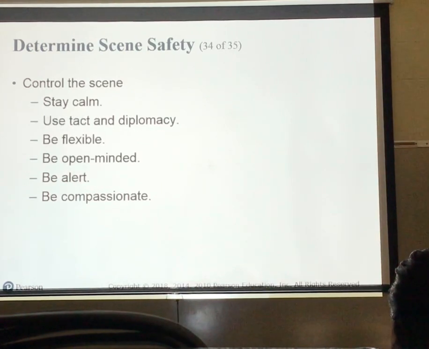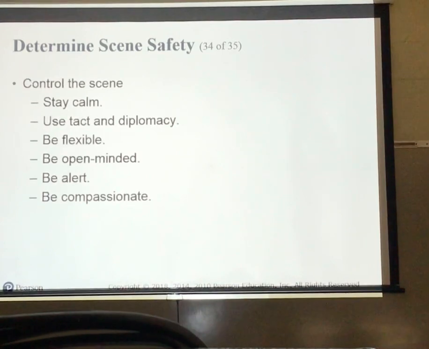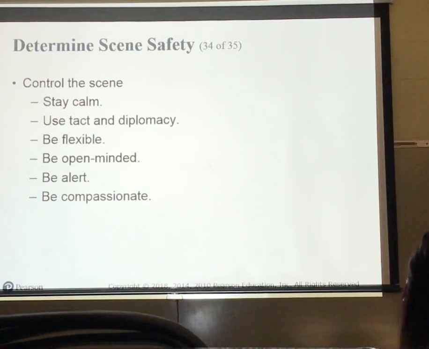Pre-hospital care involves working with people of a variety of ages, races, religions, or backgrounds. Many people have ways of life quite different to yours. Some of them are ways that you wouldn't choose to follow. Not only do you need to be alert to yourself, but also to your partner, your patient, and your surroundings. Be compassionate towards the people you've been called on to serve.